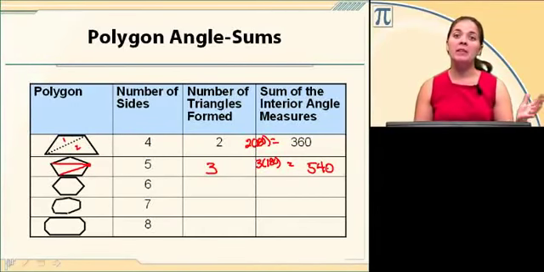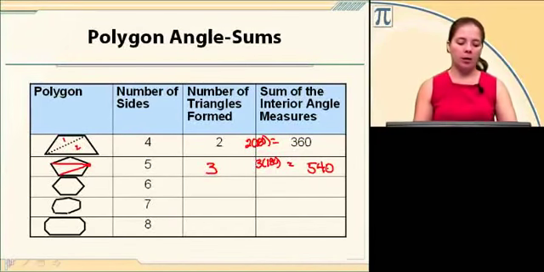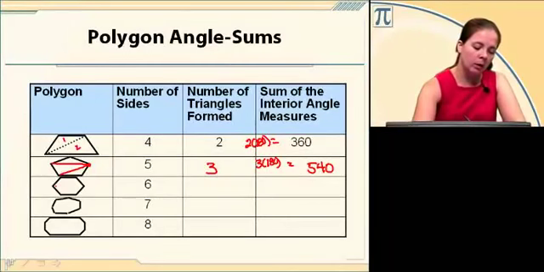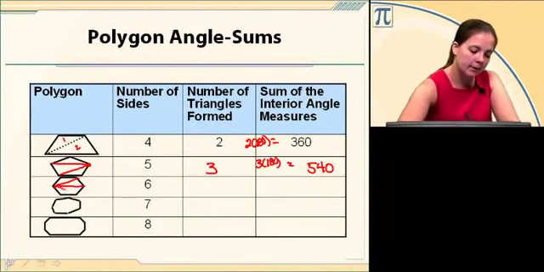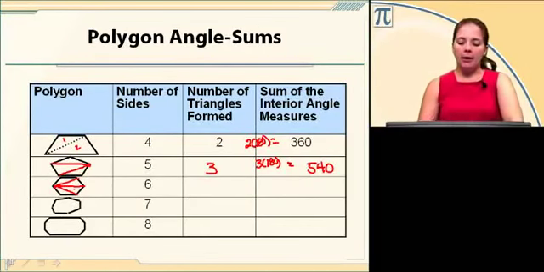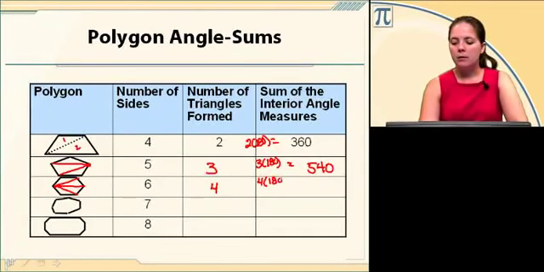Okay, let's do the same thing with a 6-sided polygon or a hexagon. Pick one vertex, any one you want. Draw all the diagonals possible from that one vertex. Count your triangles. Take the number of triangles times 180, the sum of the